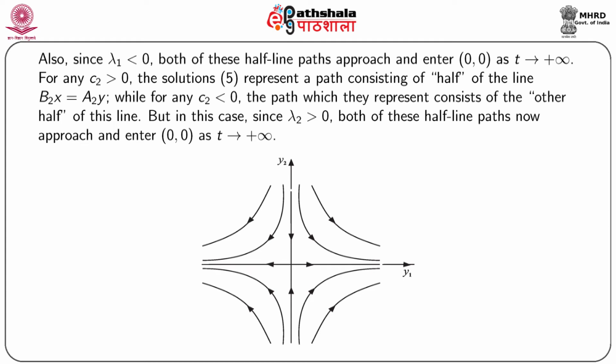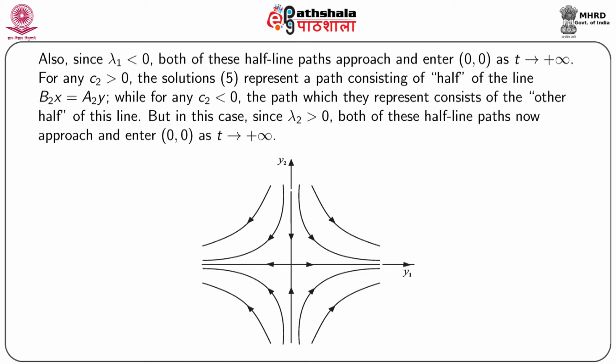So, in this case, since lambda 1 is negative, we will get this as a half of the line which is approaching the point 0 0, and this as another half of the line which is again approaching 0 0. So, since lambda 1 is negative, both these half lines approach 0 0 and enter 0 0 as t tends